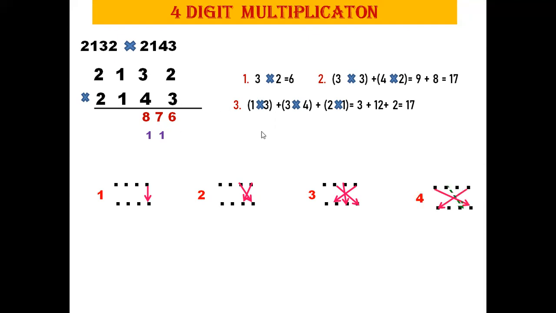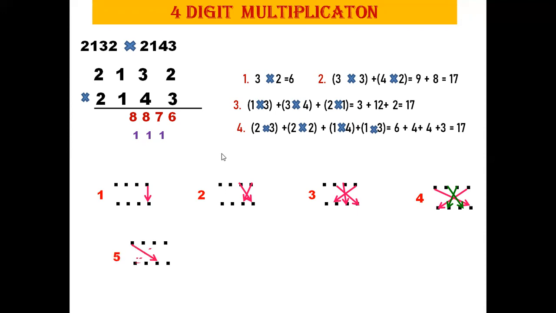Next step is we multiply crosswise. First we multiply 2 into 3, then plus 2 into 2. The rightmost and the leftmost we multiply crosswise, and then we multiply the middle ones. So 1 into 4 plus 1 into 3. So we write 2 into 3 plus 2 into 2 plus 1 into 4 plus 1 into 3, which gives us 17. So 17 added with this one gives us 18. So we write 8 only, one digit, and we add the carryover. We write the carryover.